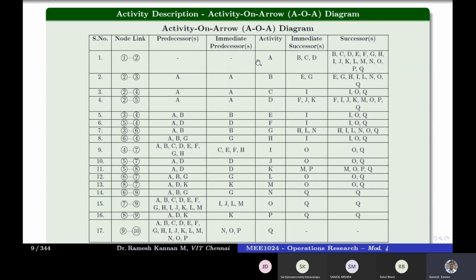Or if the initial activity is given with all the successors, we may not know what follows A. For example, I or J or K can also become a successor for A, but that is not an immediate successor. So there's no point in knowing the full successors and predecessors. But we can make use of these predecessors and successors, and you can remove the redundancy.